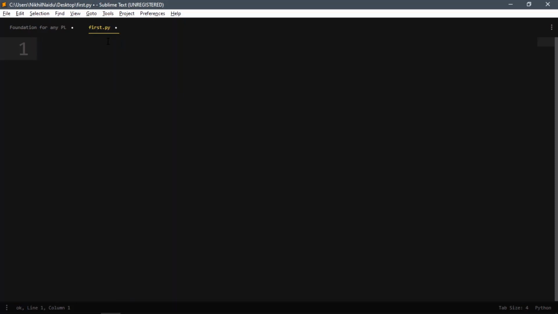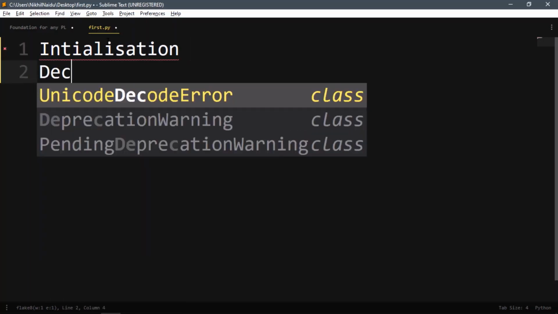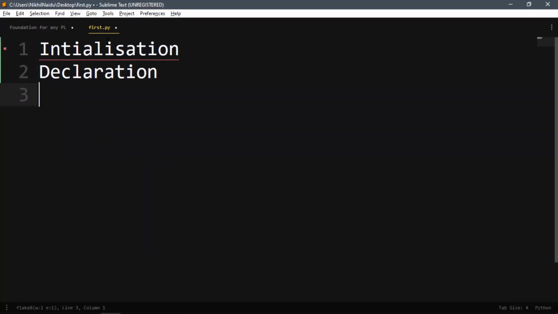There are always 2 to 3 steps in any programming language that we need to do in most statements. Mostly it's initialization, and then declaration, and maybe then you call.